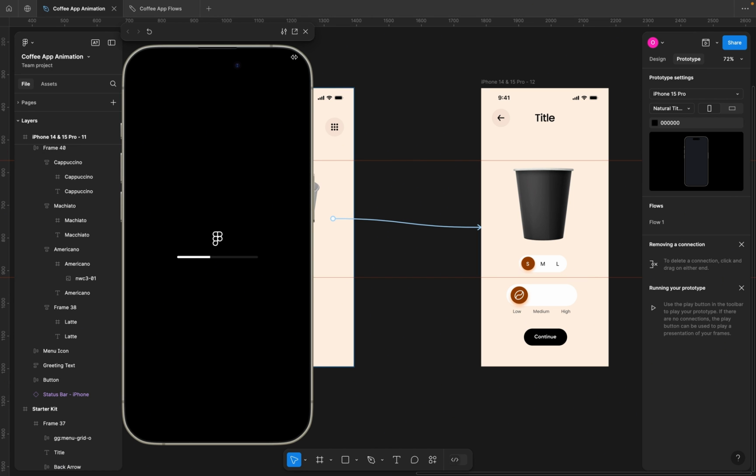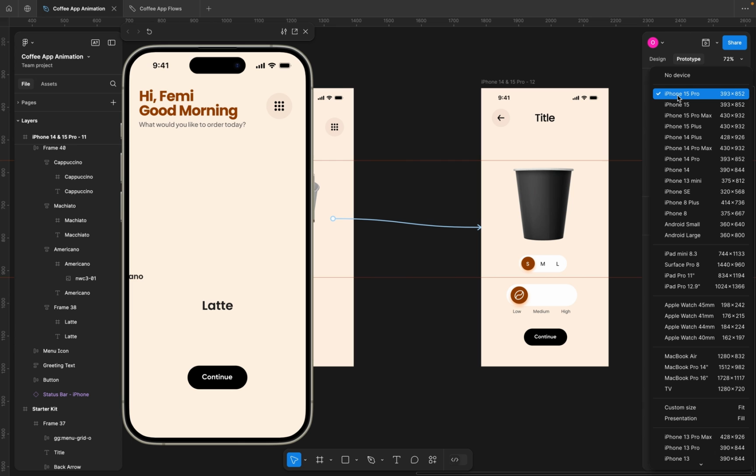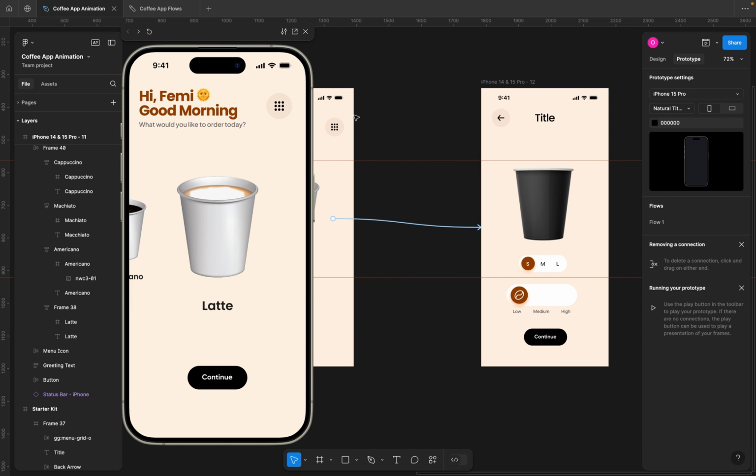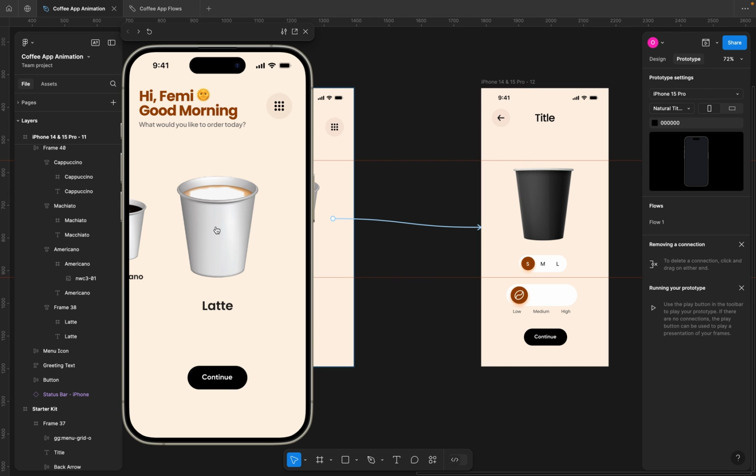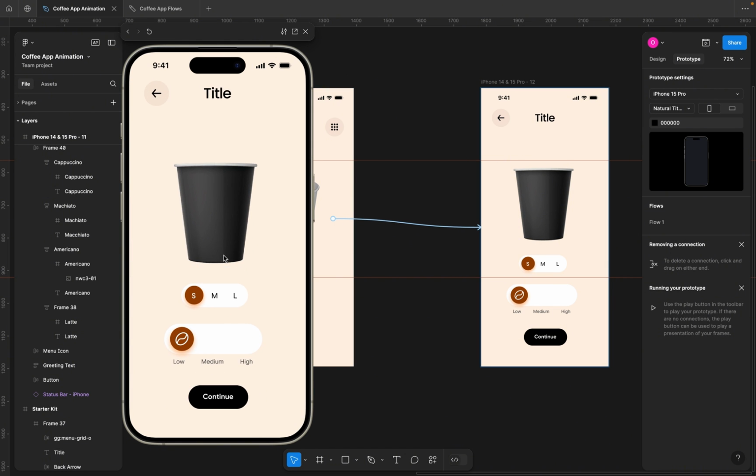to preview what we have. If you don't have a mobile phone preview here, you can come to the settings and set it to iPhone 15. So this is our home page, but once we click on this latte, you can see the direction to which all of these things is coming in from. So this is our prototype. Once we click on this latte cup, you can see that we have this really nice transition,